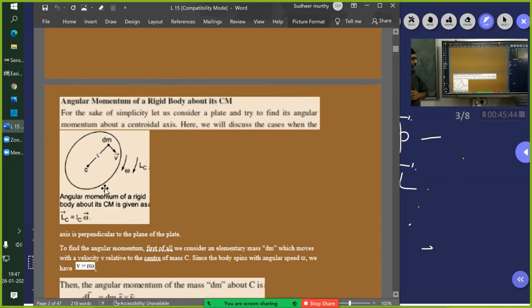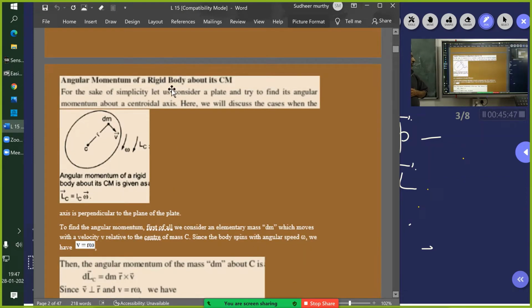We will have a special point. What is the angular momentum of a rigid body about its center of mass? For the sake of simplicity, let's consider a plate and try to find its angular momentum about the centroidal